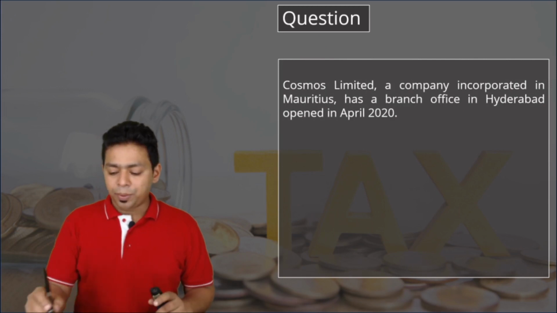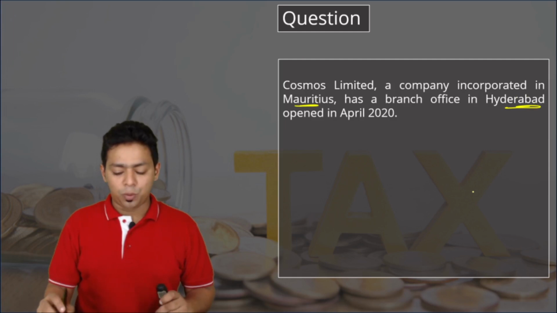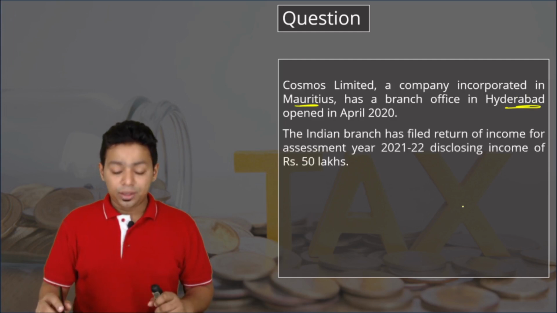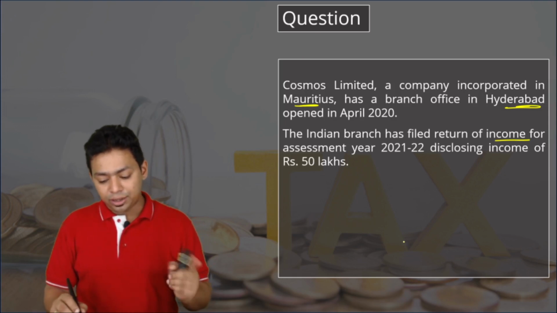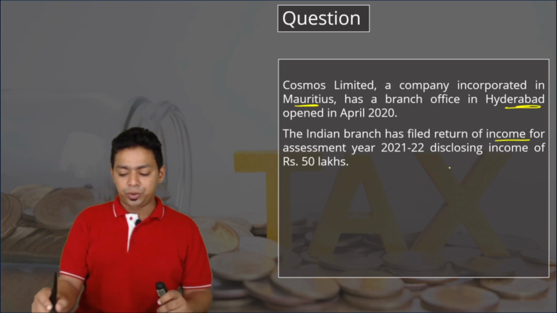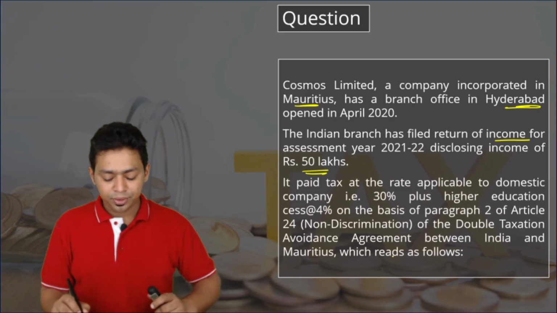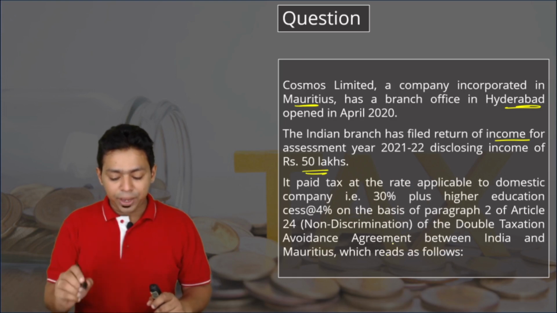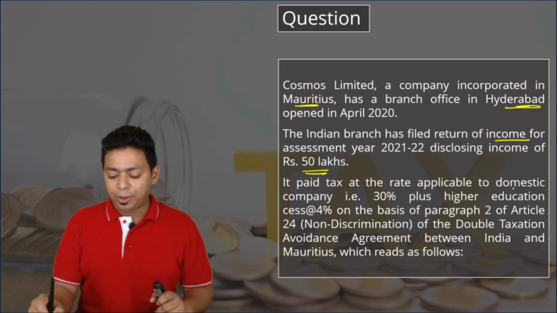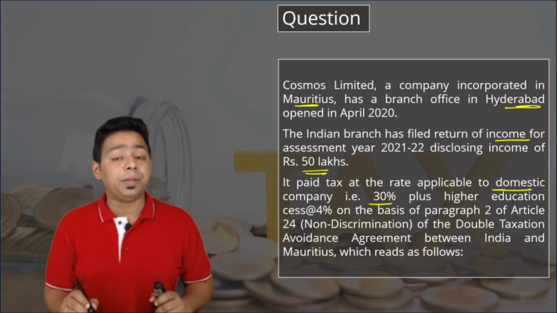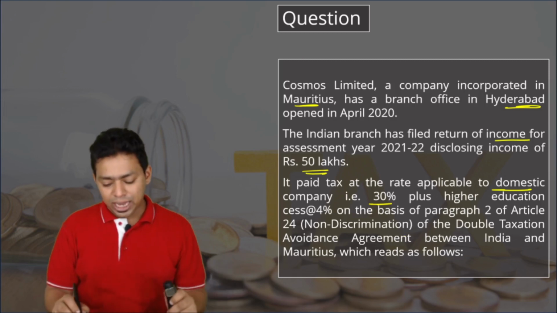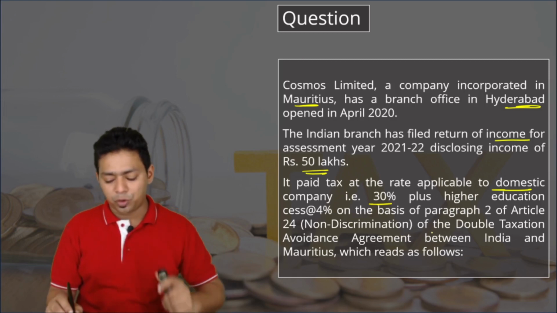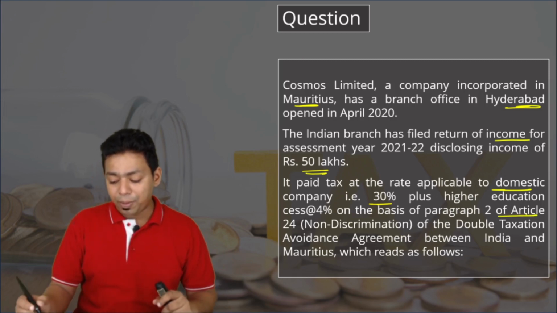Cosmos Limited, a company incorporated in Mauritius, has a branch office in Hyderabad opened in April 2020. The Indian branch has filed a return of income for assessment year 21-22 disclosing income of 50 lakh. It paid tax at the rate applicable to a domestic company of 30%. So because they are an Indian branch, they are saying we will take the 30% tax rate plus higher education cess of 4%,